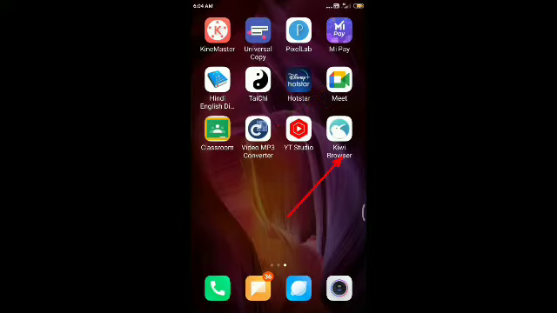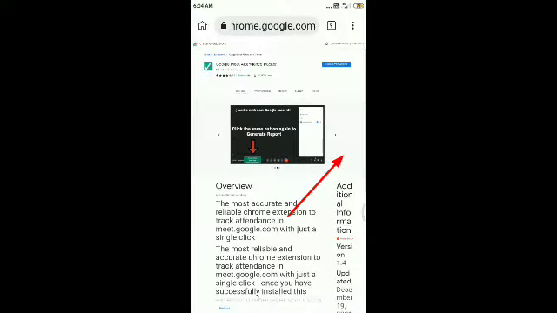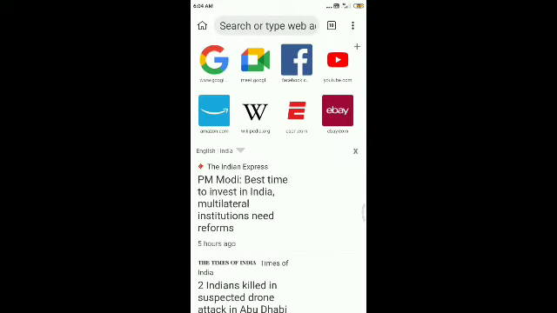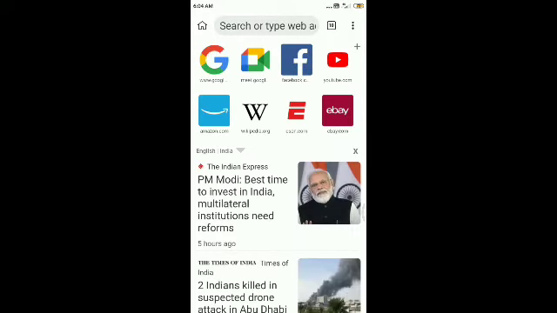Instead, I will have to go to the Kiwi browser, and from here I will have to go to Google Meet. It means you will have to create the meeting online and then share it with your students.